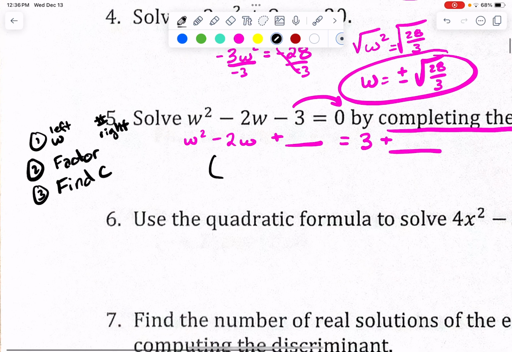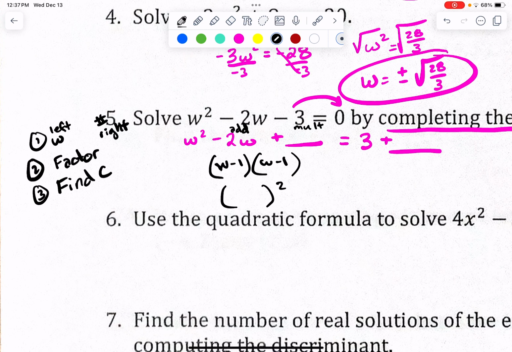But what I want to have happen is I want to break this down so that I can write it as one group squared. So I want to multiply to get this number, which we don't know what it is, but I want to add to get negative 2. So two numbers that add together to give me negative 2 that are the same. This would be like W minus 1 and W minus 1. Okay, so I can write that as W minus 1 squared. Now the thing that goes in the blank here is negative 1 times negative 1, which is positive 1, okay? And if I add 1 to this side, I have to also add 1 to this side, so I have